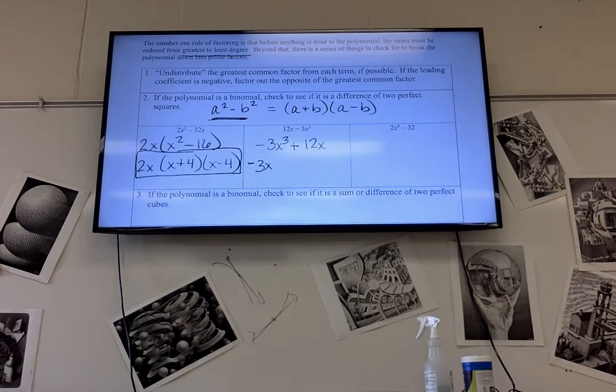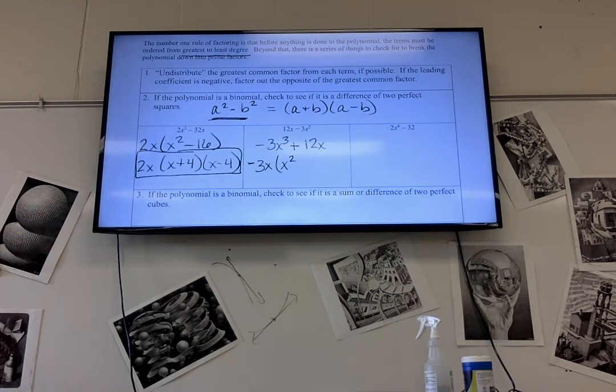Very good. Negative 3x, because 3 will go into both of them, and we said if that first number, the leading coefficient, was negative, then we factor out a negative, and then they both have an x in common. Isella, when we divide by negative 3x, what are we left with? X squared